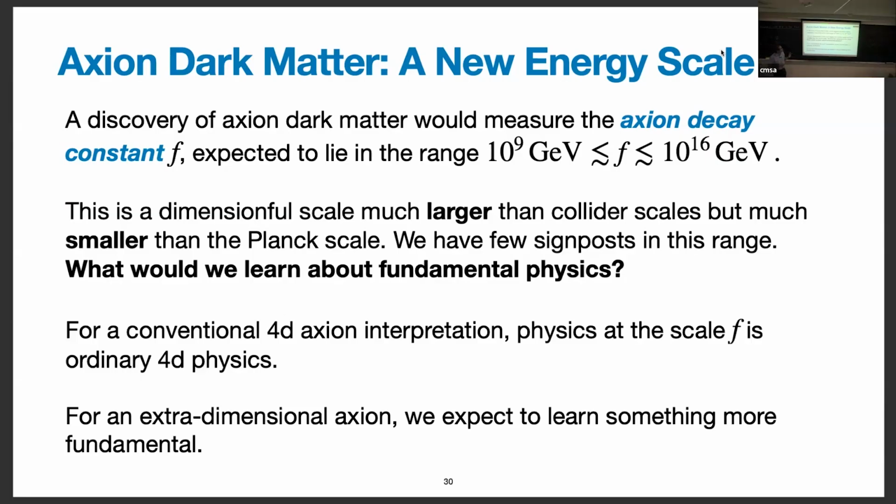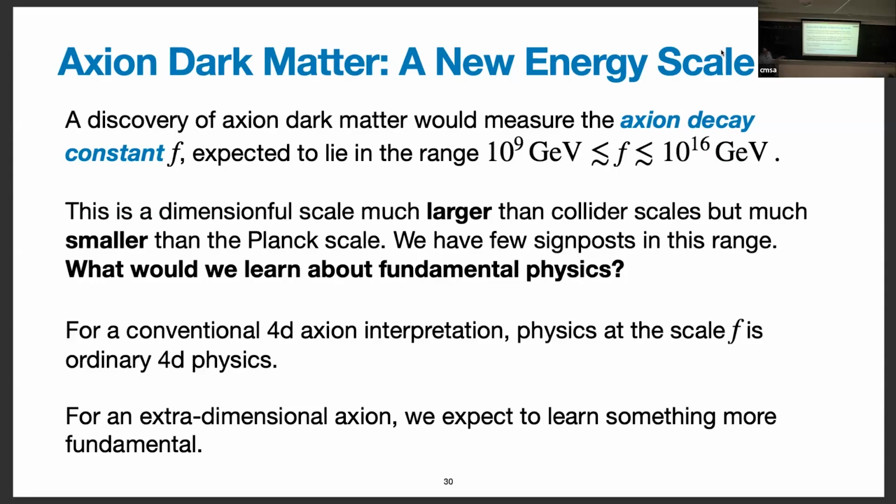So roughly speaking, the kind of UV information you get from a low energy experiment that sees axions is this one number f. Some dimensionful scale, which on the low end from astrophysical bounds can't be too much smaller than 10 to the 9 GeV. And on the high end, from sort of theory bias, is probably not much bigger than 10 to the 16 GeV. And this range of scales is interesting because they're all well below the Planck scale.